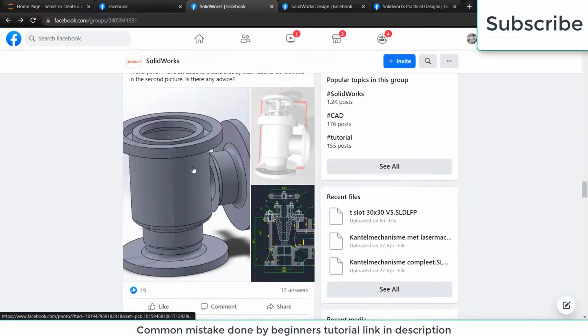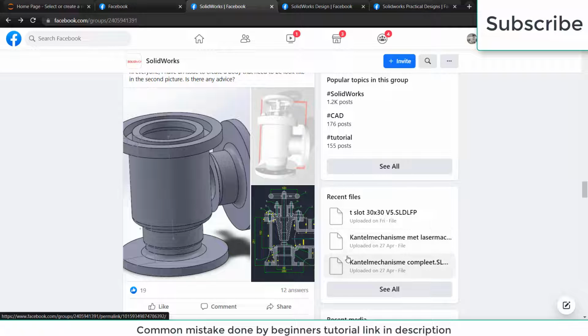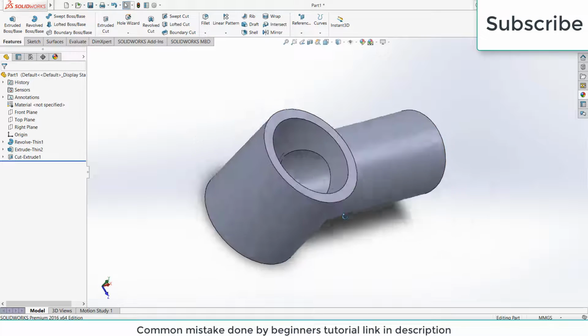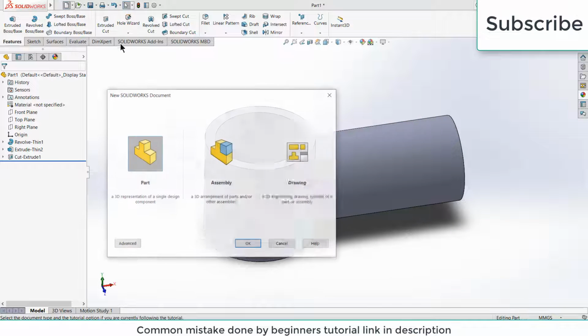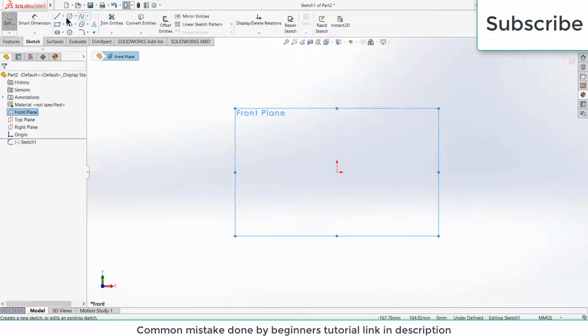Okay, so this is a common beginner mistake. I have made a playlist for this, and this is a part of that playlist. So let's see how to make it. Before I start, let's see what I tried to do when I was a beginner to make this part. So select the front plane,